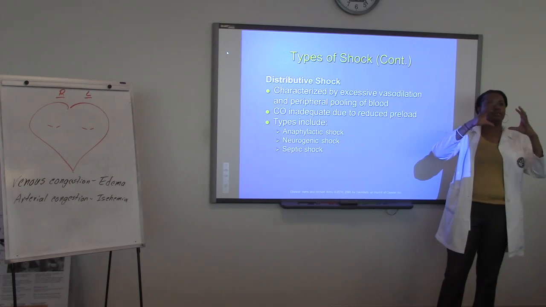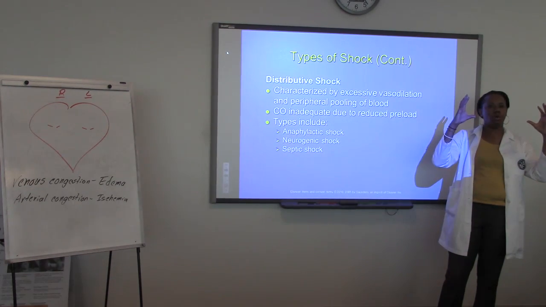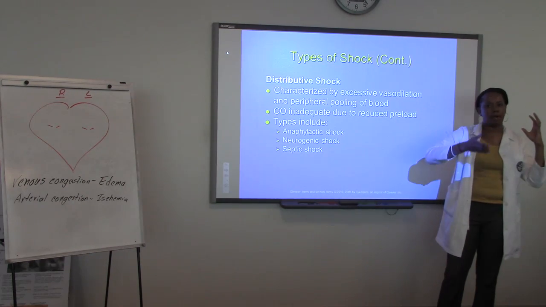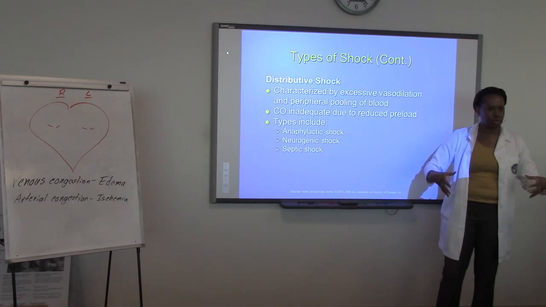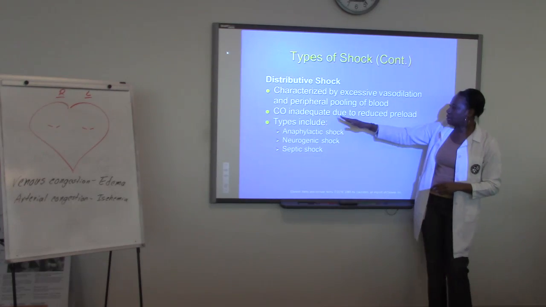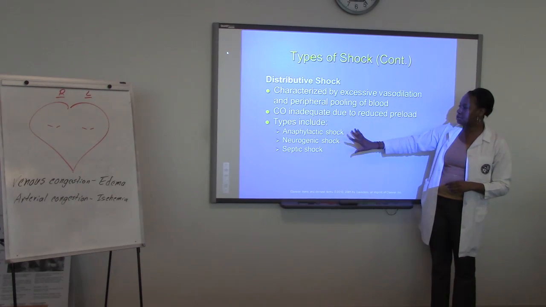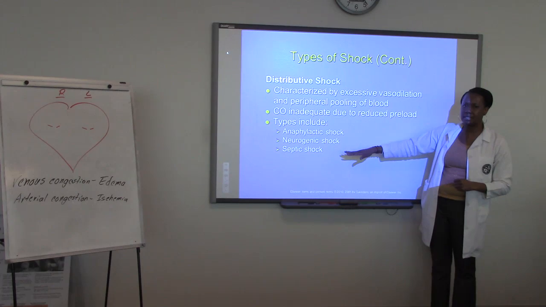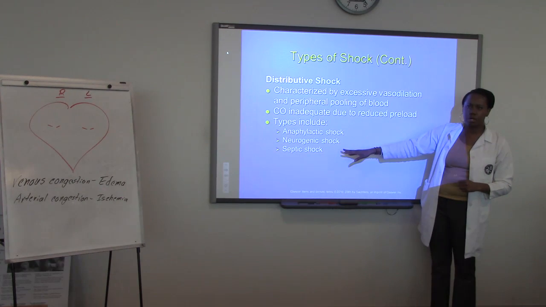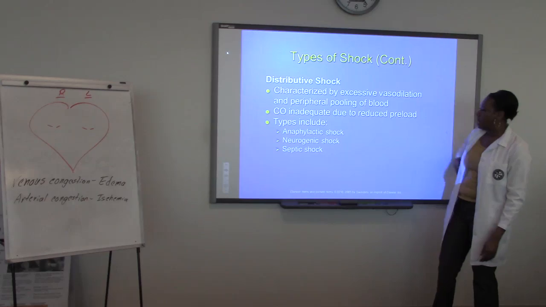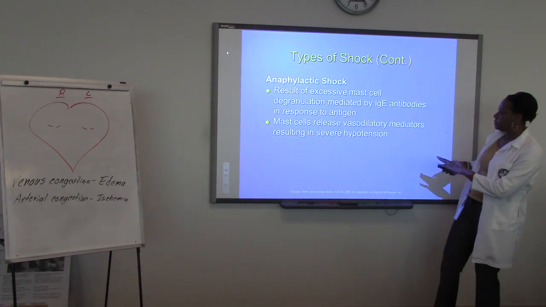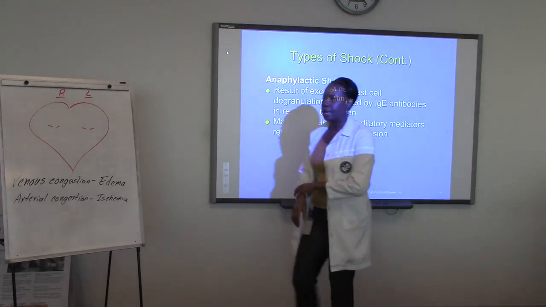So if you have excessive dilation, that means that blood has no pressure in that vessel to push it forward, which means that now this will lack the amount of oxygenated blood flow getting to the organs and tissues for that person. Now, there are a couple of types of shock that fall under distributive shock: anaphylactic, neurogenic, and septic. Septic is probably the most common shock. You'll probably see that as well as anaphylactic, or I should say hypovolemic. So we'll go over these in detail. Now, for anaphylactic shock,